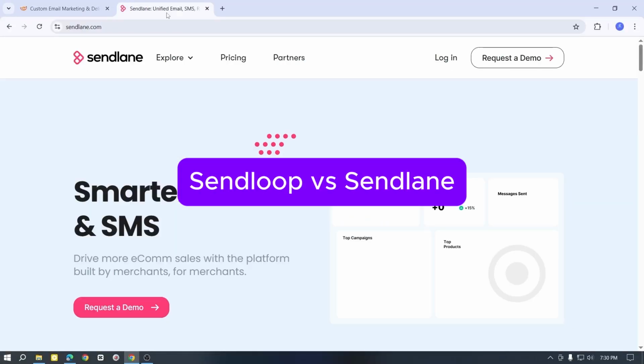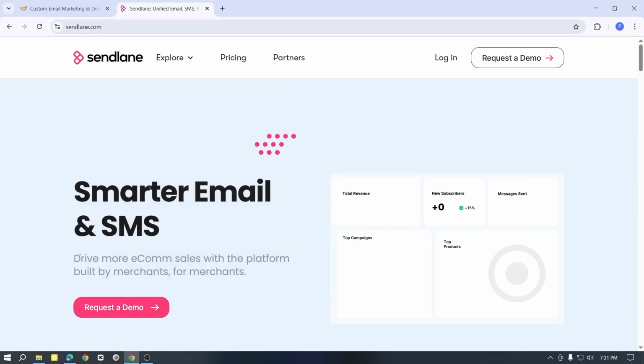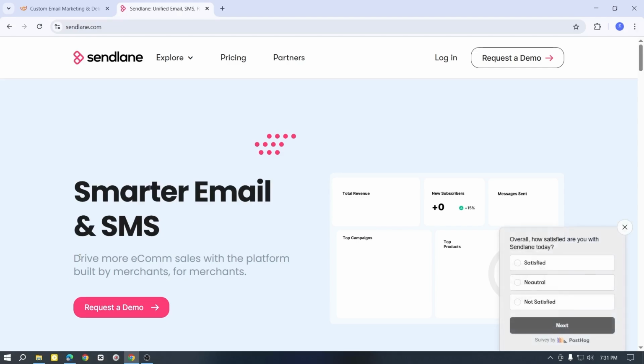Sendloop versus Sendlane. Two of the top email automation tools at this time, but which one is actually worth your time and money? If you have been struggling to figure out which platform will make your email marketing easier and more effective, stick around, because by the end of this video, you will know exactly which tool fits your business